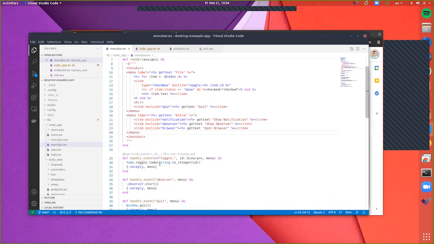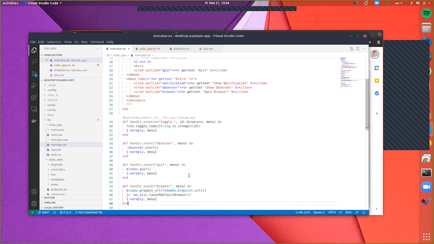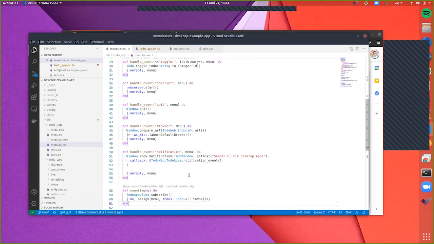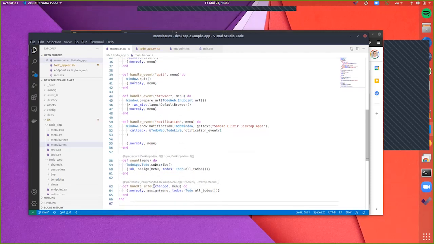So we have this handle event that's triggered by menu items. And we also have the handle info when something changed, and then we reload all the to-dos. And we get this handle info changed every time we get an event from our to-do repo, which is an actor repo.